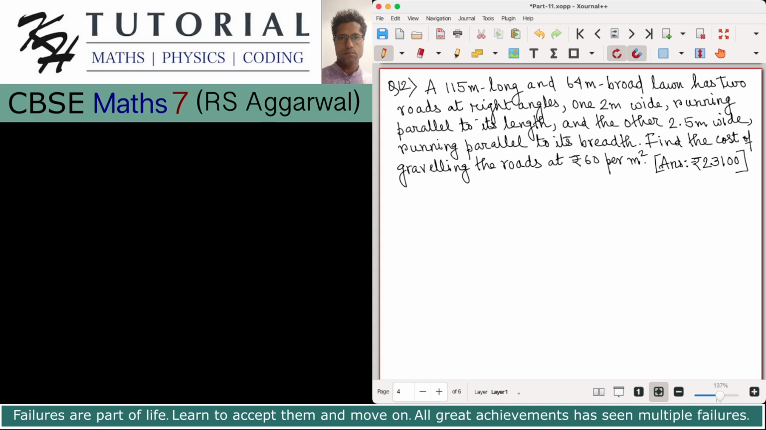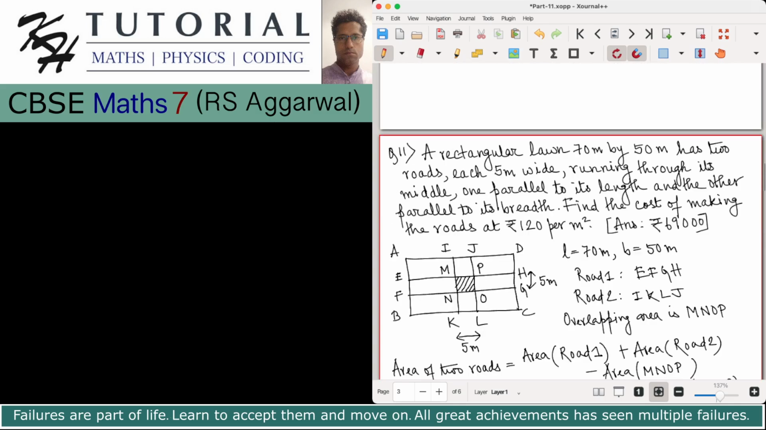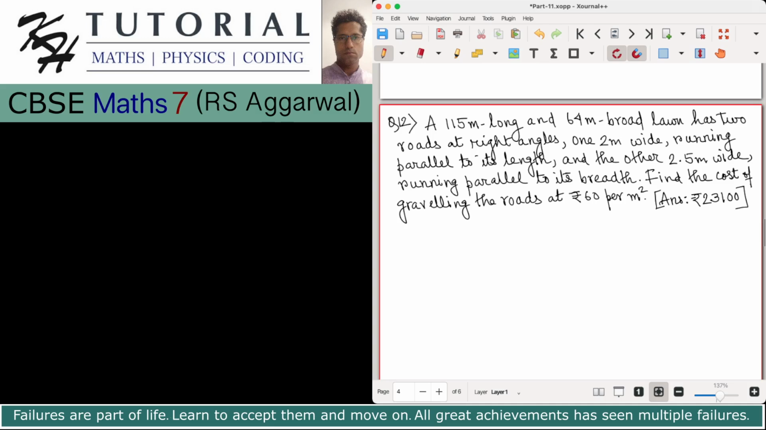So in this problem, in the previous problem it was given that the roads are running through the middle of the lawn. But in this problem, no information is given exactly where the roads are running. Only that of the two roads, one is running parallel to the length and the other is running parallel to the breadth. Okay, so let's say this be the